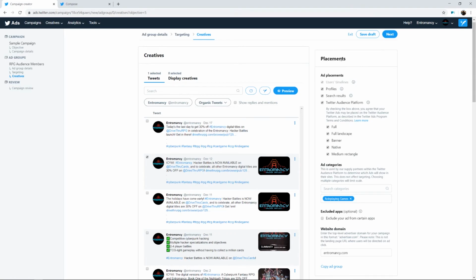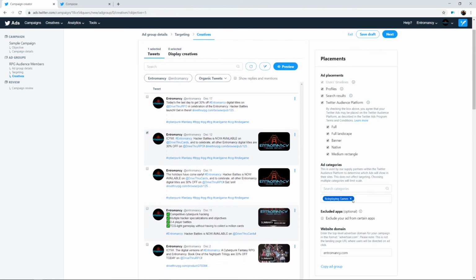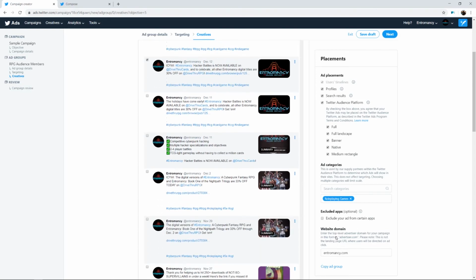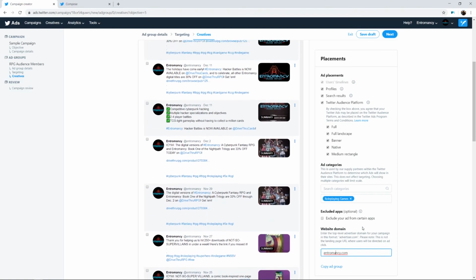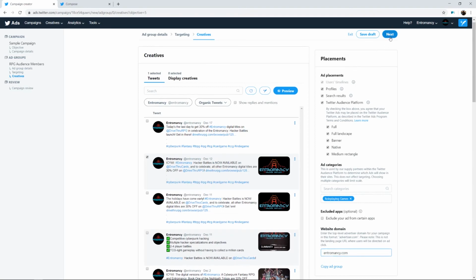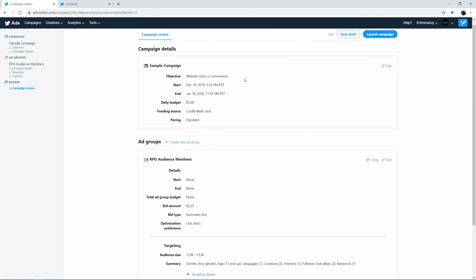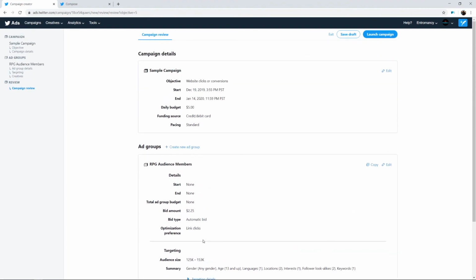And then here on the right hand side, you'll see placements, which just means where this ad is going to be placed. Generally it will be in users' timelines, but you can select whether or not you want it to show up in profiles and search results, and other categories. For example, right now I already have this set up in role-playing games. You can exclude apps, and you can choose the top level advertiser domain. Right now I have it set to my website, and then you click next, and then here you have all the details that we've already spoken about. This is just a report of what you've already done,